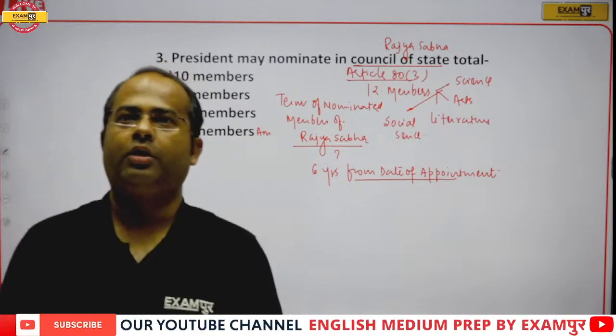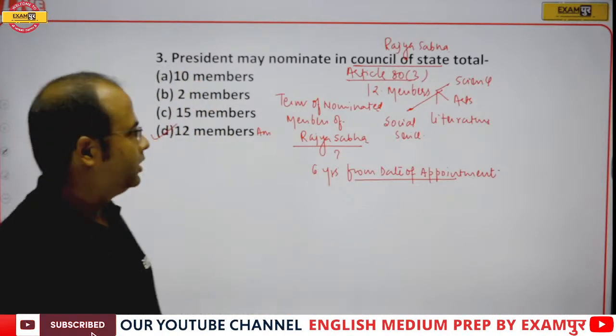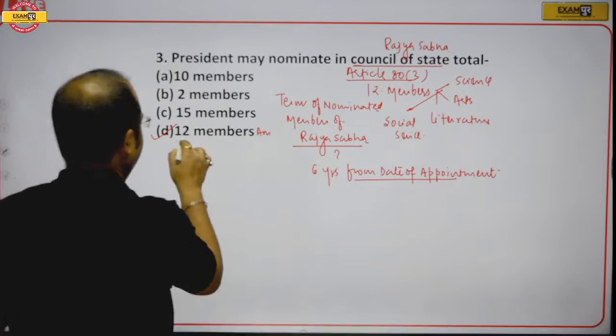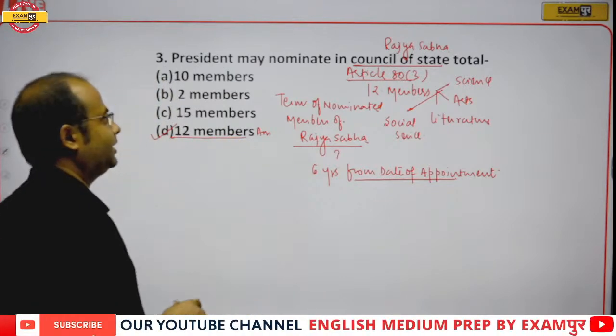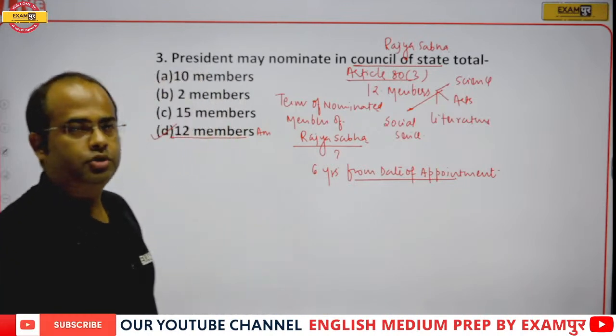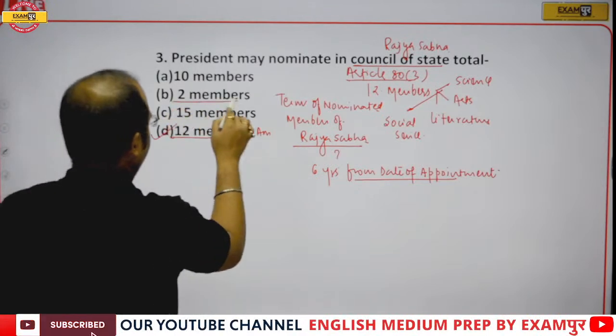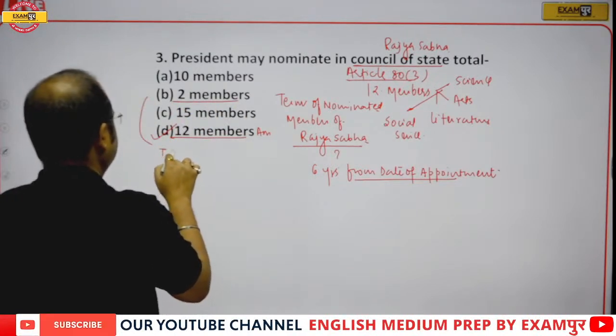Now good. Okay, guys. So the term of the nominated members of Rajya Sabha is also 6 years from the date of appointment, and 12 members are nominated by President according to Article 80 Clause 3. So correct answer will be, guys, 12 members, and earlier 2 members were nominated. So till 17th Lok Sabha,